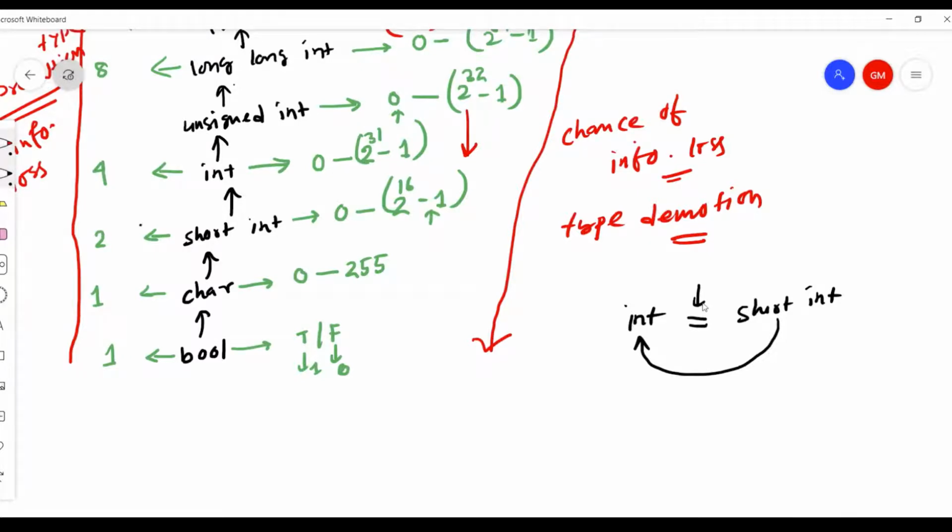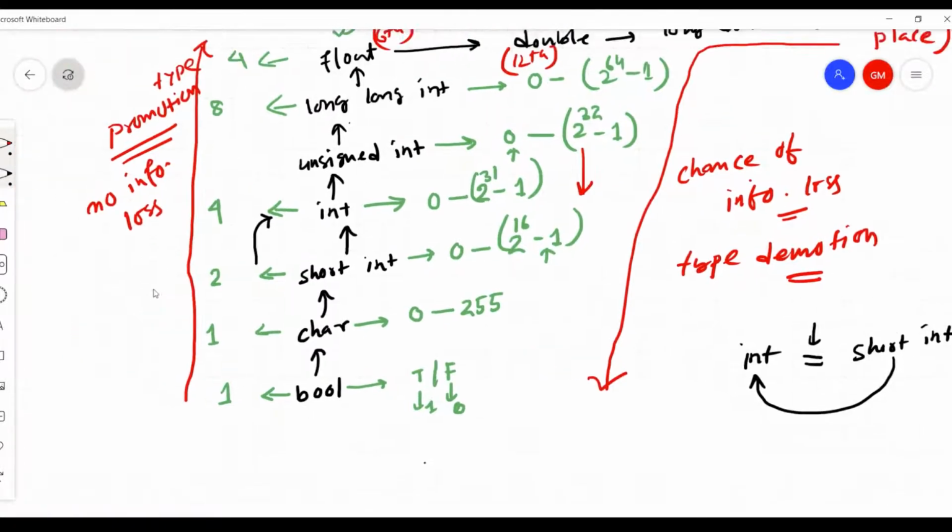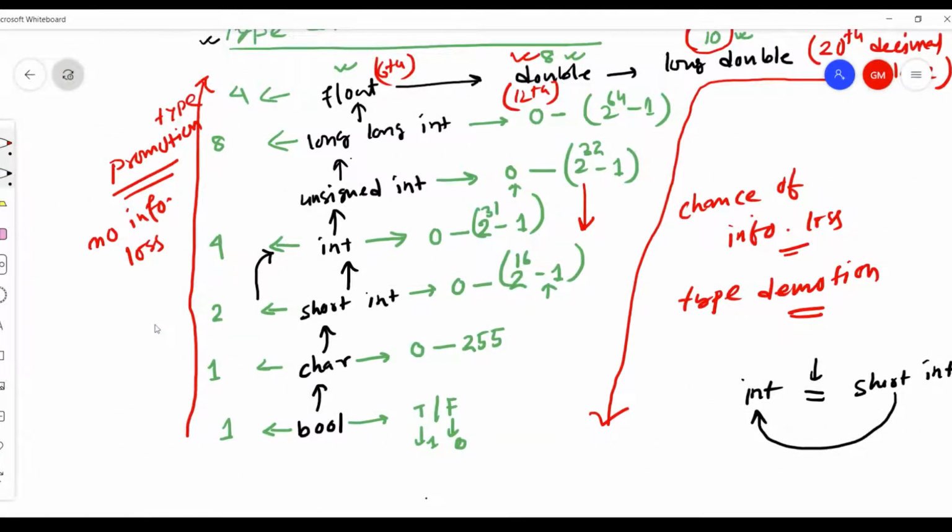If you remember, when you follow this direction, it is called type promotion, with no information loss.